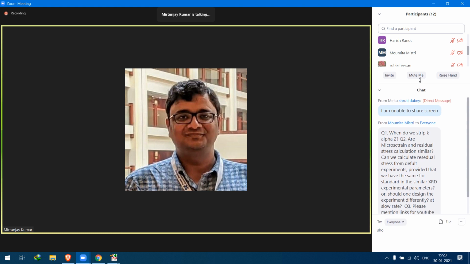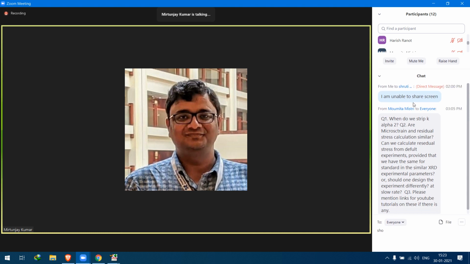Okay, this stress measurement, see, we are not directly calculating the stress here. What we are doing is estimating it from the refinement. If you want to calculate the residual stress, I would suggest that you should not measure from one single position. You should tilt your sample also. The stress calculation is very long. Rather than just rotating your sample, you have to tilt the sample also. You have to look from different directions. So this measurement is totally different.